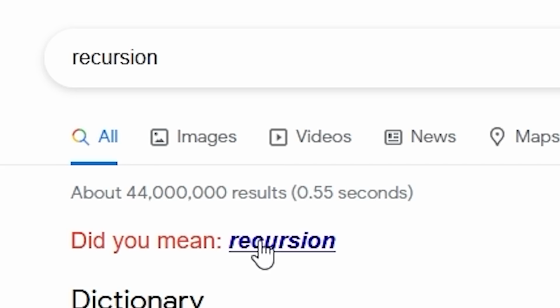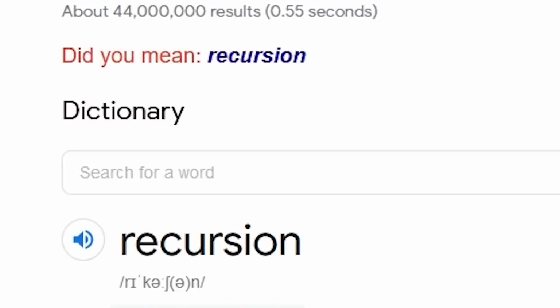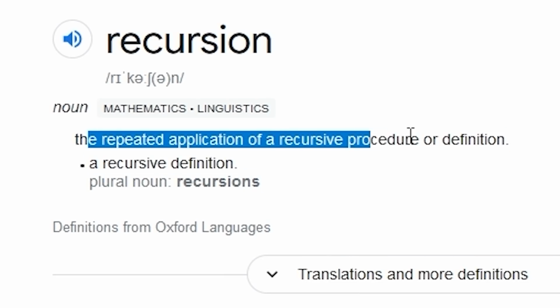And that basically is what the definition is, the repeated application of a recursive procedure or definition. This is cool. I like how Google sort of messes with wordplay and stuff like that. Yeah, you could try these out yourself. I don't know if they really work on mobile or not, but they're all the best on PC, so try